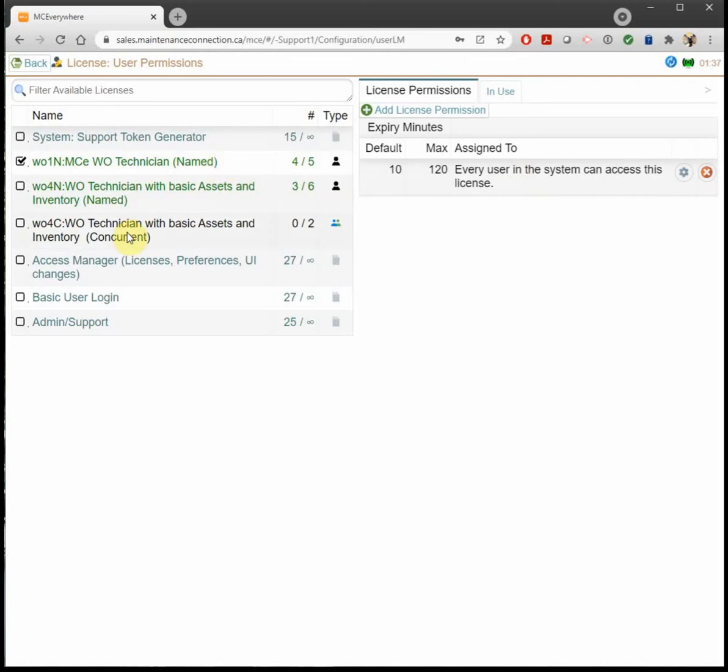Now, if you're a concurrent license user, you're just going to move in and out. When you're using the application, it's grabbing the concurrent license. When you log out, it'll release that license. But if you've purchased a named license model, you're either going to allow the first number of people to grab those licenses, or you can manually assign those licenses to particular labor records by